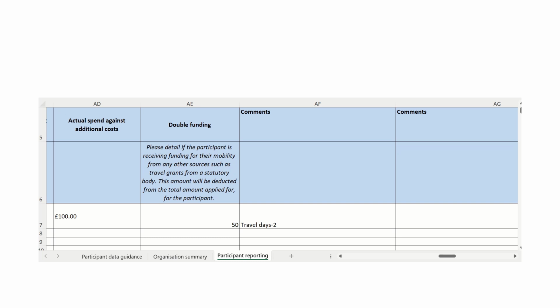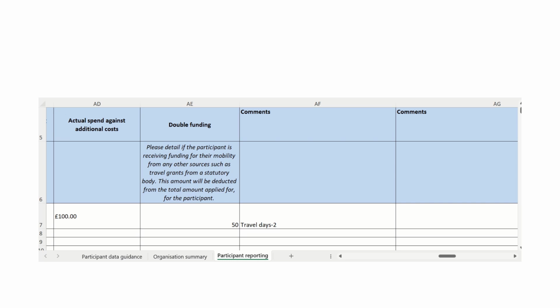Just a few important points to note. Inaccurate reporting will raise flags and may result in additional audits or checks between TIFE and the grant recipient. Please communicate any issues, concerns, or errors with reporting. We are aware errors might happen, but we do need to ensure the tool is kept up to date as much as possible. If there are no changes to report, again, please just email TIFE by the 1st of each month, just to let us know there are no changes as a nil return and to make us aware.